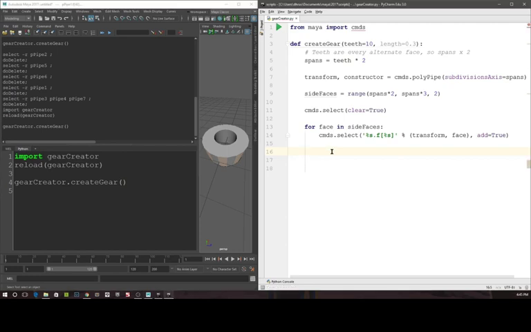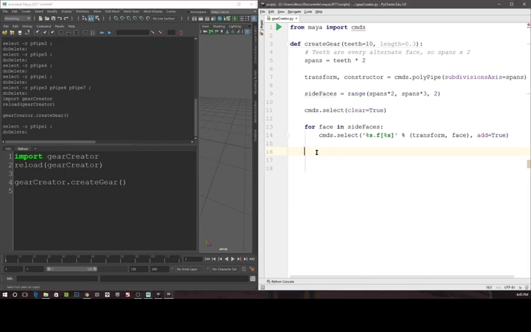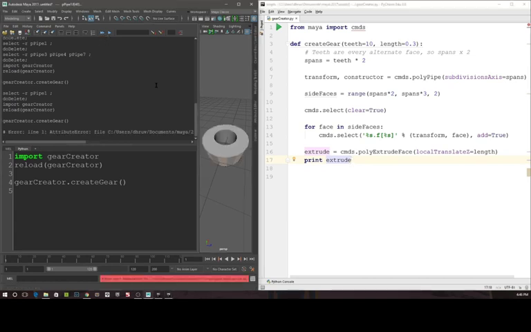Next, we're going to extrude these faces. Let me delete this polygon here. And back in PyCharm, I'm going to say extrude, which will be our variable name to hold the extrude. I'll say commands dot poly extrude face. This is a command to extrude polygon objects. I'm going to give it a parameter of local translate z. I'm going to tell it to use length as the value of this parameter. And I'm going to say print extrude to see what this command actually gives us back. So if I now run this,